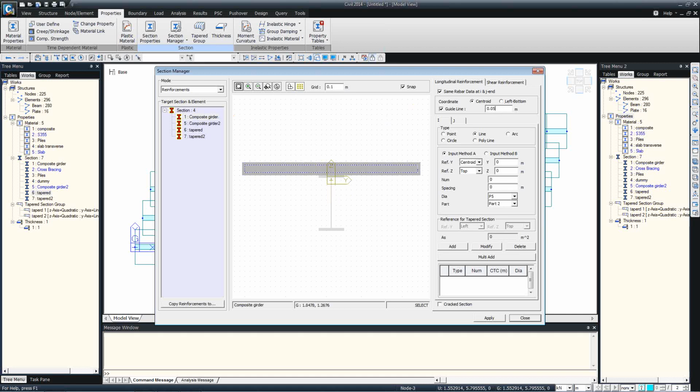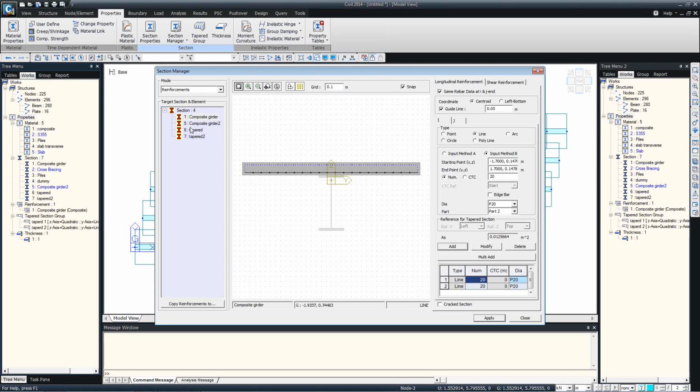I'll give some cover, 0.05 for example, and simply draw 2 lines representing the line of the reinforcement. Just say this one and say 20 bars I want, add. And similarly do this for the top and add. And here you can specify cracked, but we don't want the mid section to be cracked,